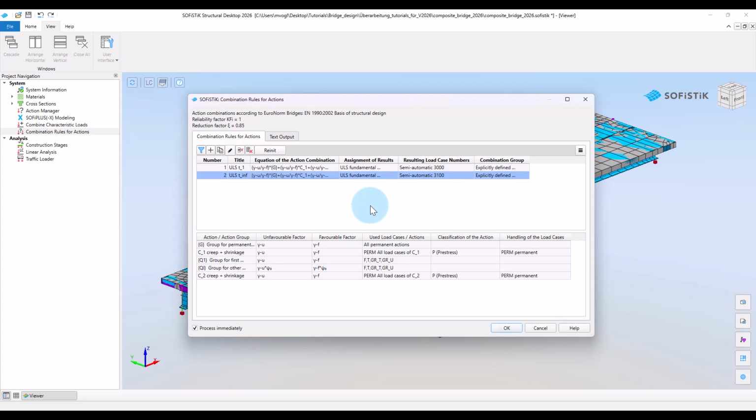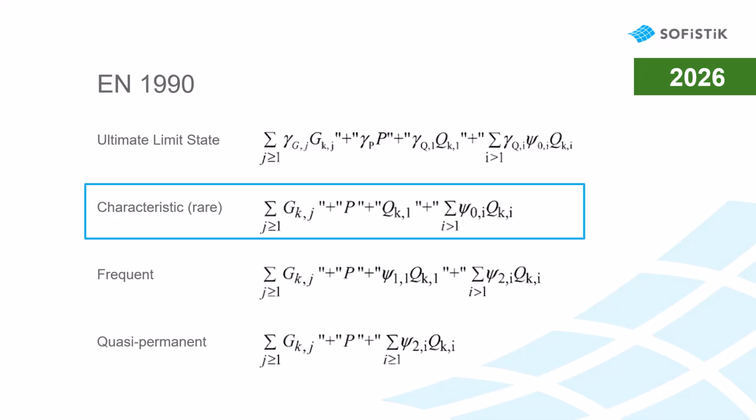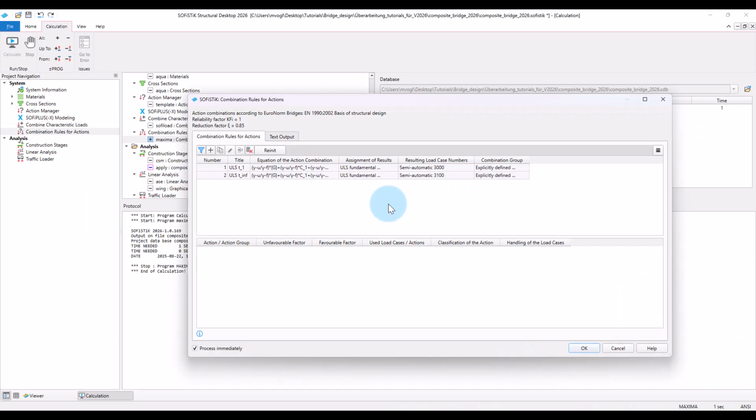Next, we will create the combinations for the serviceability limit state. We start with the characteristic one. Recall, this is like the ultimate limit state, just without safety factors. So we create the combinations once again for traffic opening and end of life cycle by duplicating the ULS combination and adjusting type, title, base load case, and the factors.